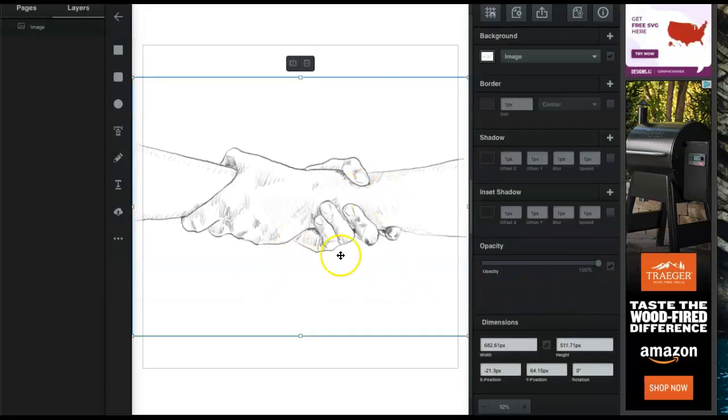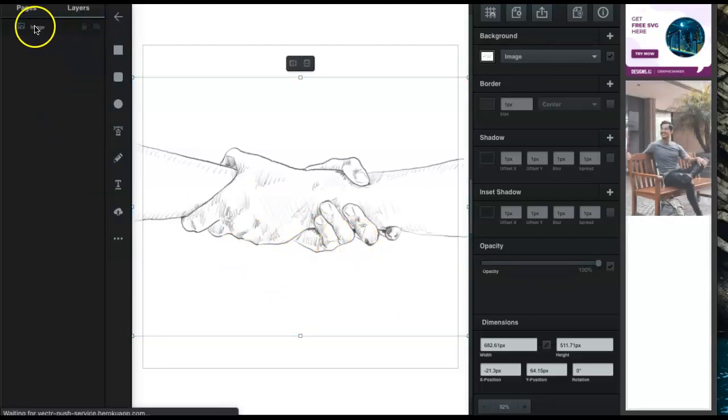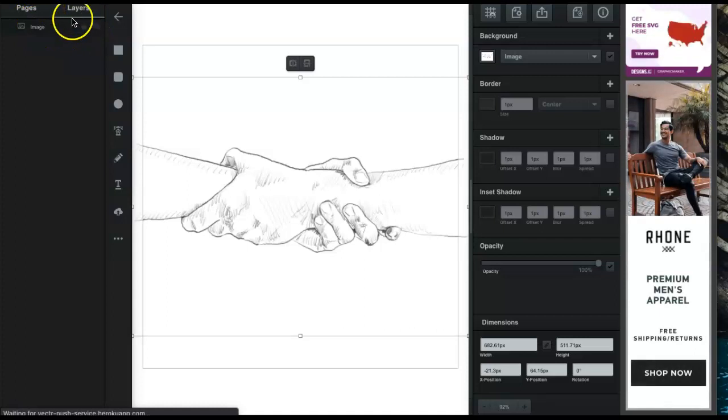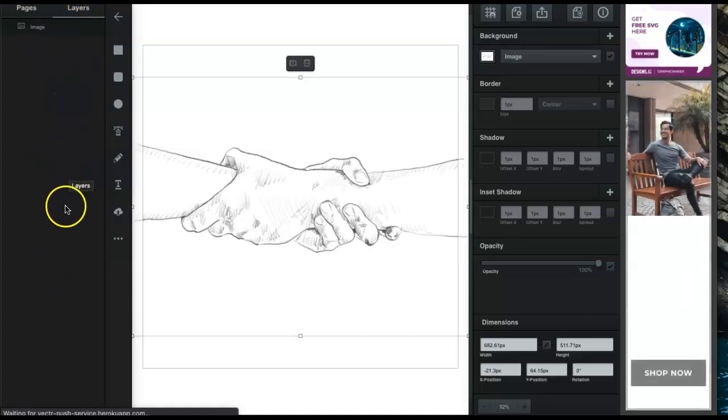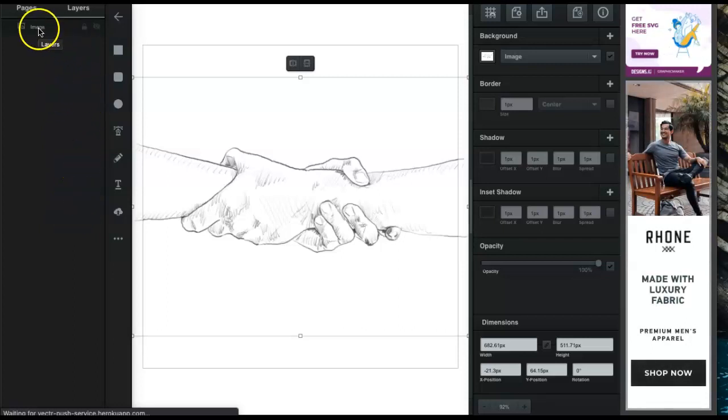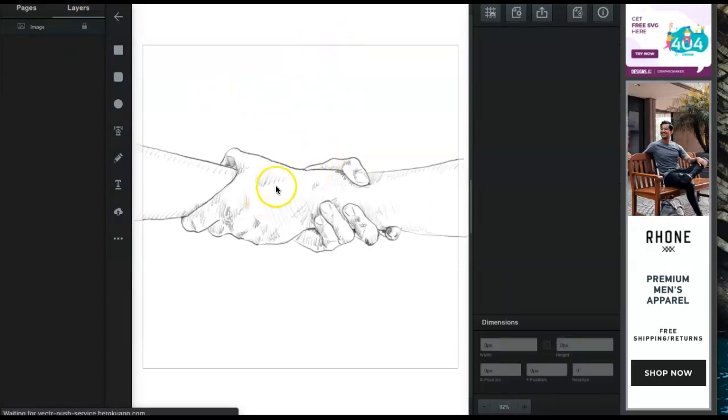Okay, so this is the basic drawing that I created, my rough form. It doesn't have the text in it, which is okay because I'm going to add that later. Once you have uploaded, and this is really important, you need to lock that layer. So the layers panel here shows you all of the different elements that you have created. Right now, I've just uploaded this image, and so what I'm going to do is click on this lock button. And what that does now is it allows me to keep it in place even if I accidentally clicked it